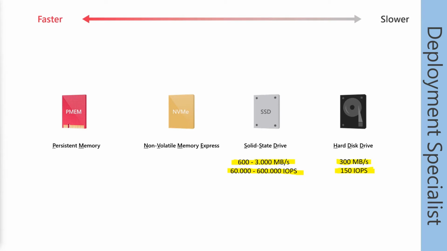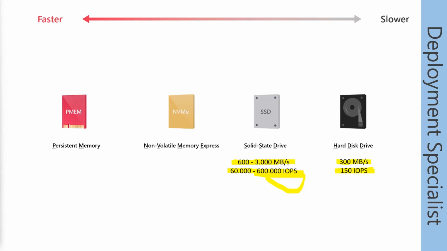It's not 1,500, this would be 10. It's not 15,000, this would be 100. So it's 400 times faster in random I/O, a solid state drive. And if we have one of the fast types with the 600,000 IOPS, it's 4,000 times faster than a